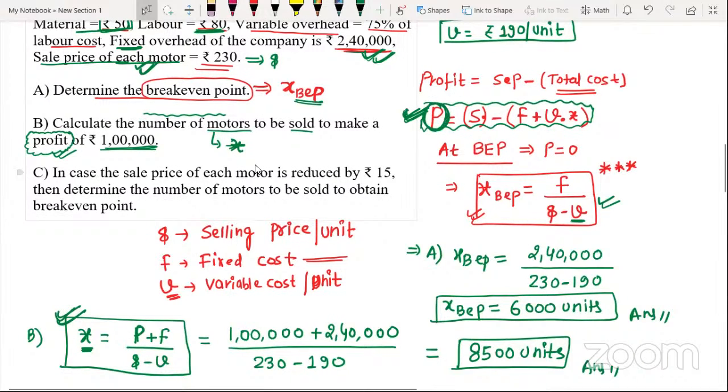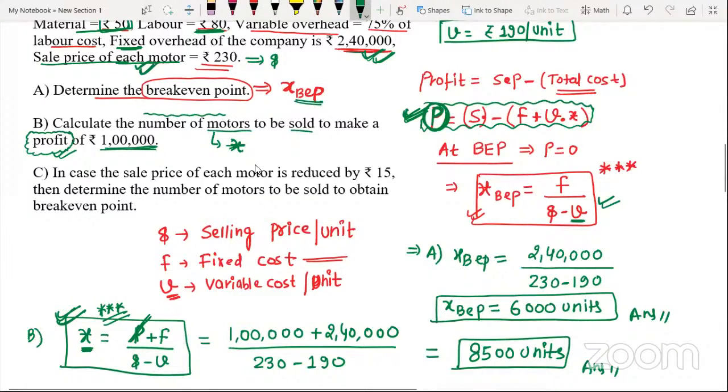Now since they want to make the profit, this profit is rupees 1 lakh. So after solving it you will reach at this formula. Just keep this formula in mind, and whenever it is break even point, make this p as 0, but in this case the p is rupees 1 lakh. Now the third part,